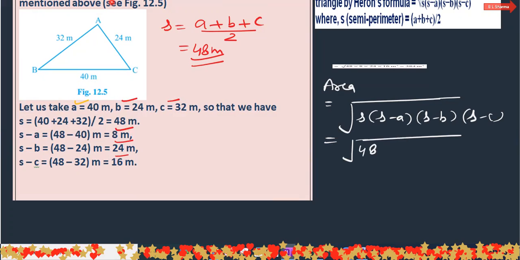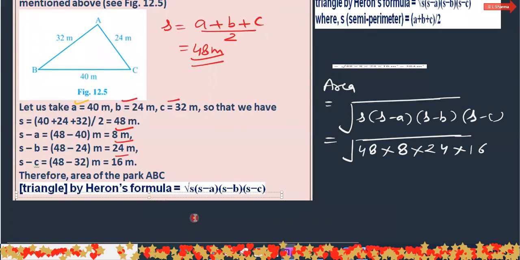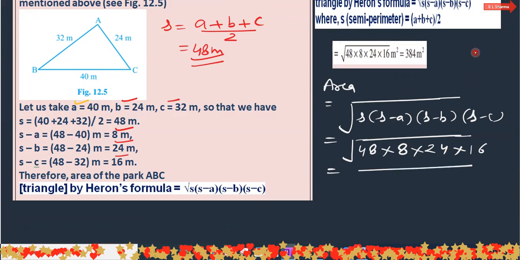That is 48, S minus A, that is 8, S minus B, that is 24, and S minus C, that is 16. And now you calculate and find out the answer. So we put the values in this formula: 48 into 8 into 24 into 16. So how do we calculate this finally? We can write it as